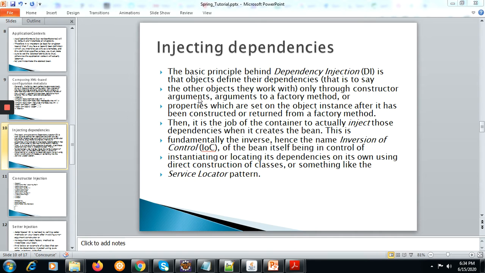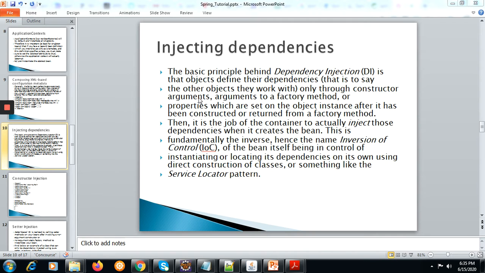Basically, you can also specify the dependency through a property, which is generally called set injection, where it is set on an object's instance after it has been constructed. So that object is already created, and you inject it as a property into another class, which comes under set injection.